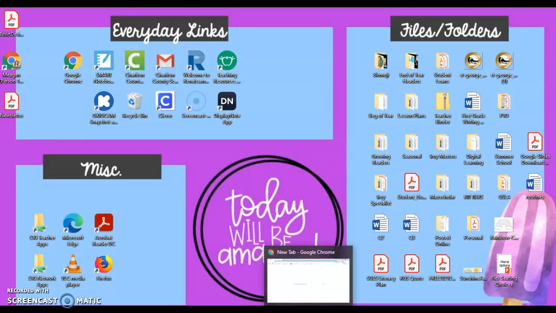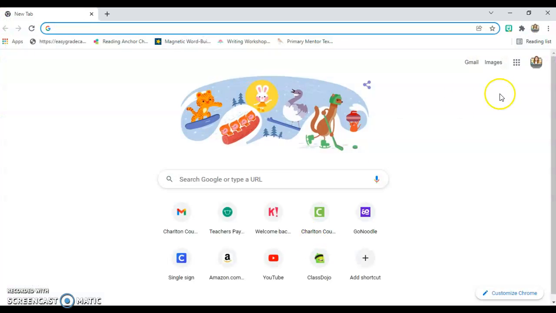I'm going to show you really quickly how to log on using a Clever badge. The Clever badge is what I sent you home today. Everybody had a Clever badge in their binder. So what you're going to do to log in to Clever, which is the main website that we've used, is